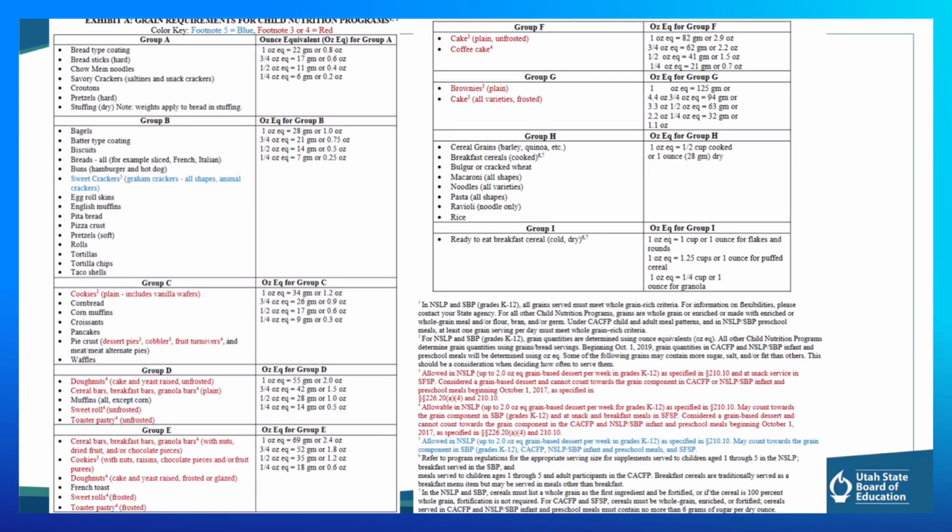Let's start by looking at what Exhibit A looks like. You can download a copy of Exhibit A from NSLP Central. Exhibit A is a USDA tool that provides a general guideline for crediting pre-made grain items. Commonly prepared grain products are grouped together based on their typical grain content. For each group, Exhibit A lists the amount of the product, given in ounces and grams, required to credit 1